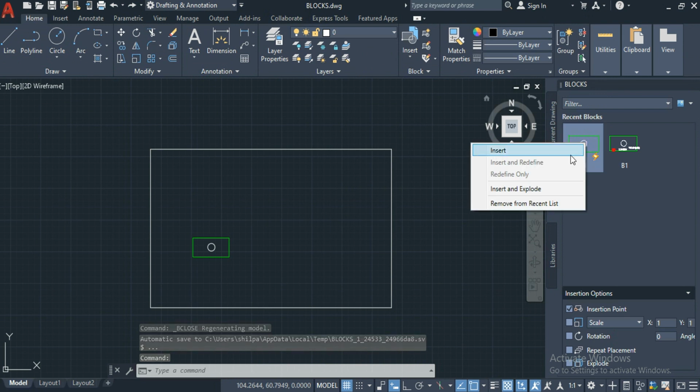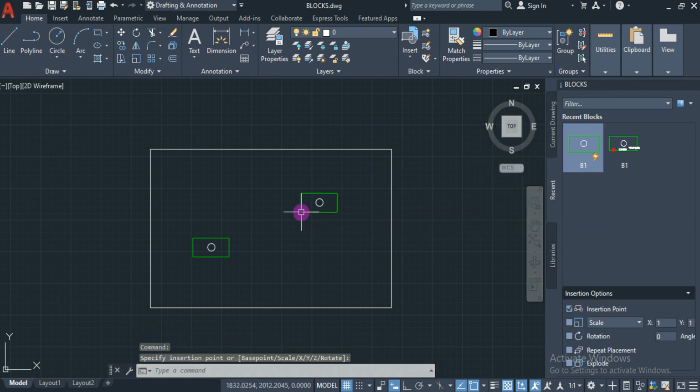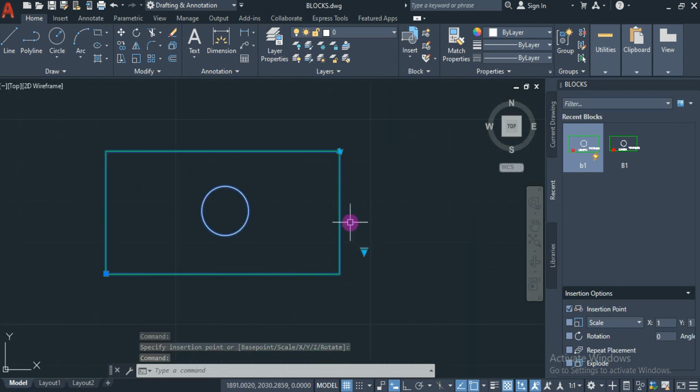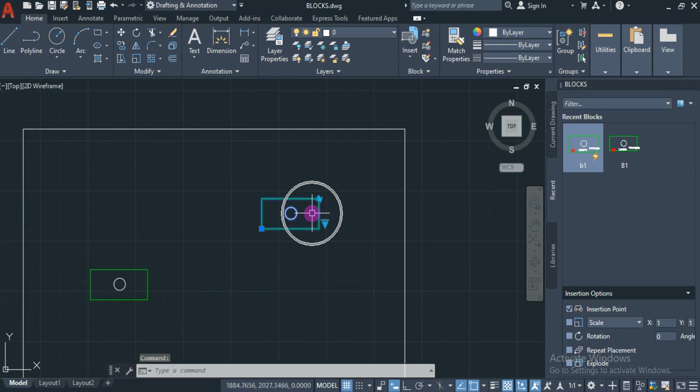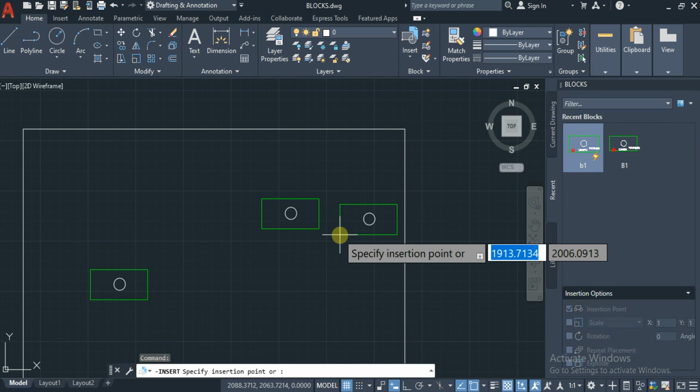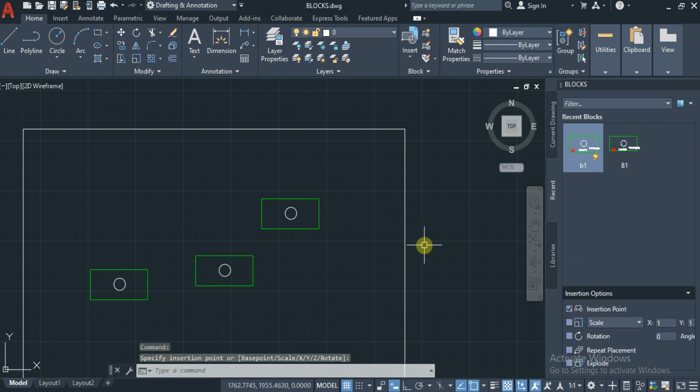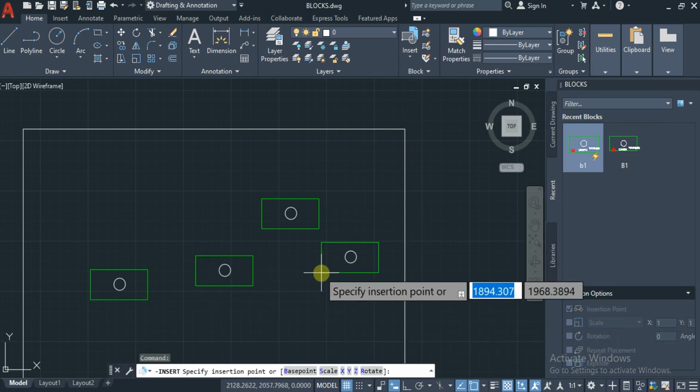Let us insert this again. I'm going to select it and go for insert. Obviously we have a flip parameter as well as this visibility parameter. Clicking on this, we get a list of three visibility states. If you choose a visibility state, we get that object. Let me insert two more times. I'm going to select and right click insert wherever I need. You can insert, or you can select the block and insert.